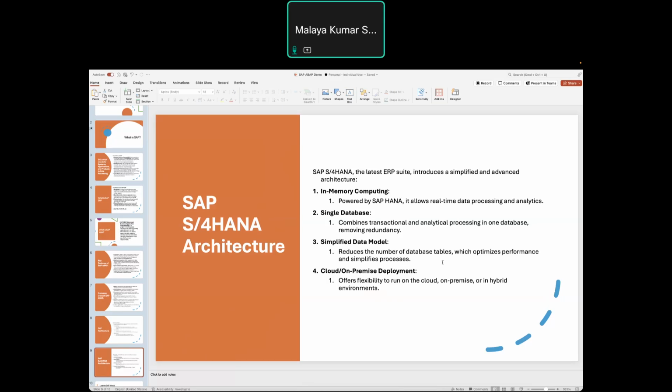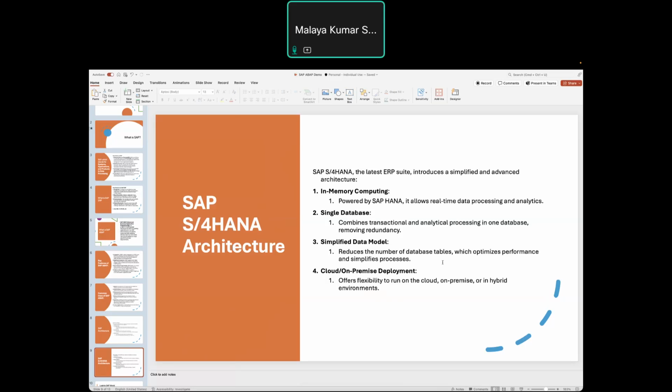It also gives flexibility to go on the cloud, where you can implement your functional areas on your cloud. Suppose I don't want to take any database or any server in my organization.